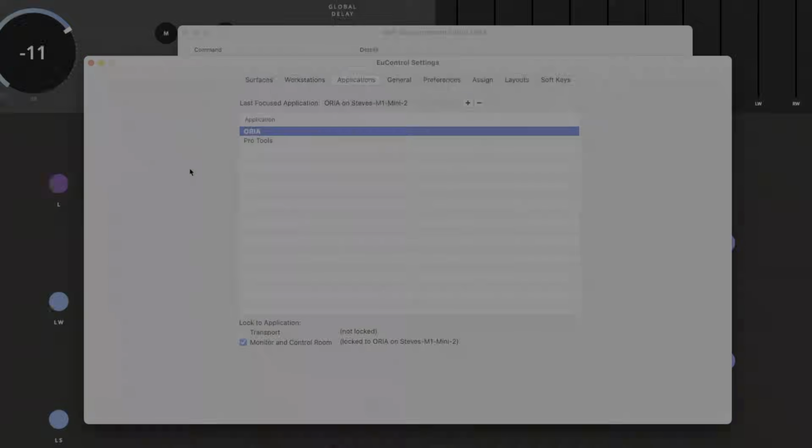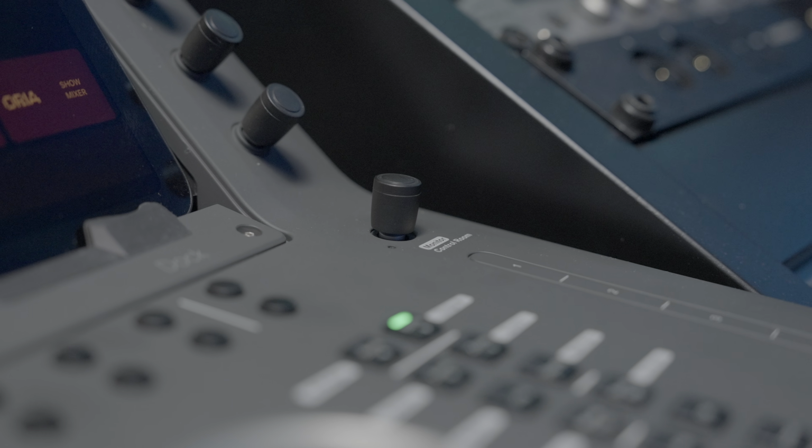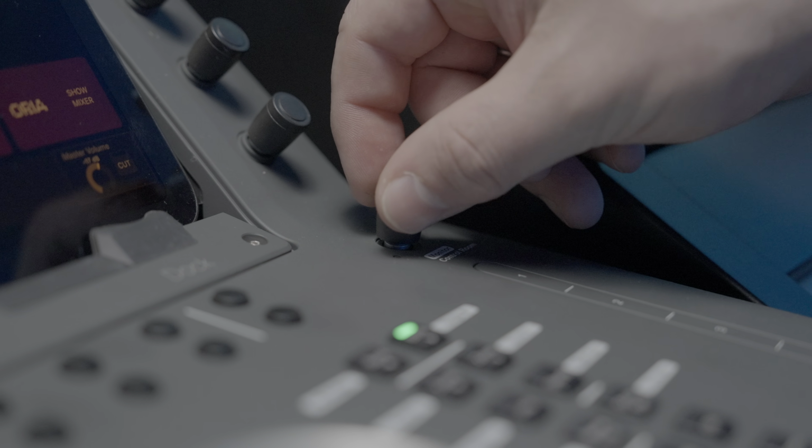There are several ways to configure your standalone hardware EUCON device with ORIA, but one that may be the most powerful for ORIA users is the ability to lock the monitor controls to ORIA, as seen here in the Applications tab of the EUControl Settings app. This will enable continuous control of volume levels on the dock, S4 and S6,